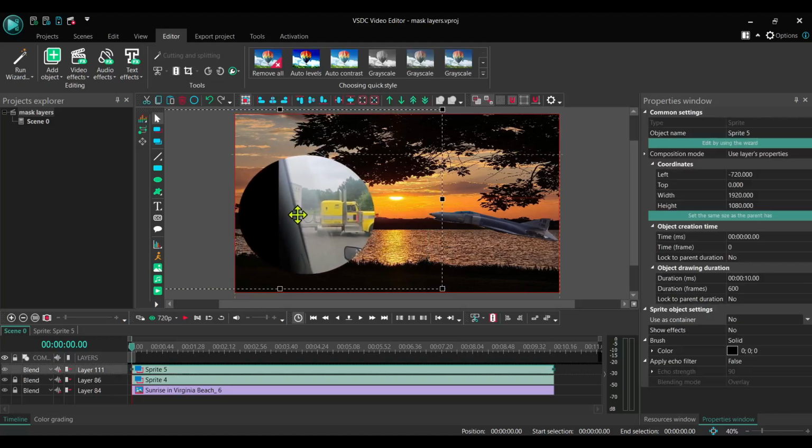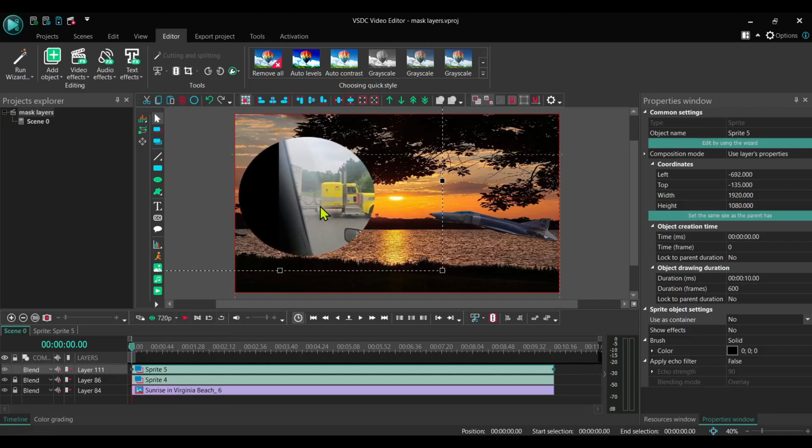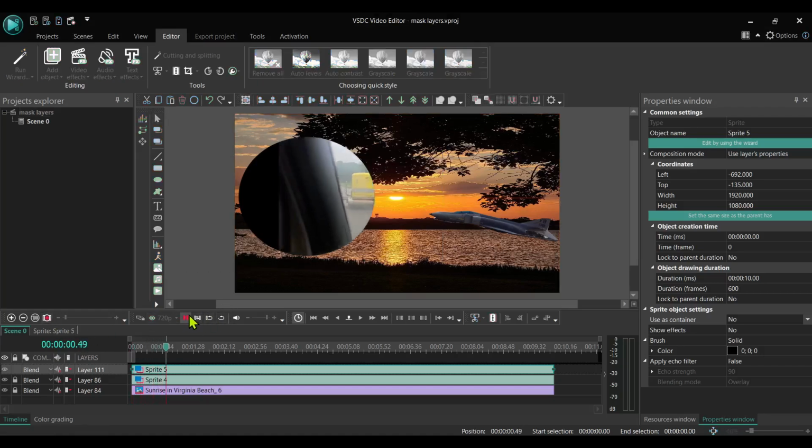sprite image, our mask, which is the ellipse. The ellipse is masking that and is not affecting the image underneath it. So if I play this, you see my truck is moving around, my airplane is still over here, and